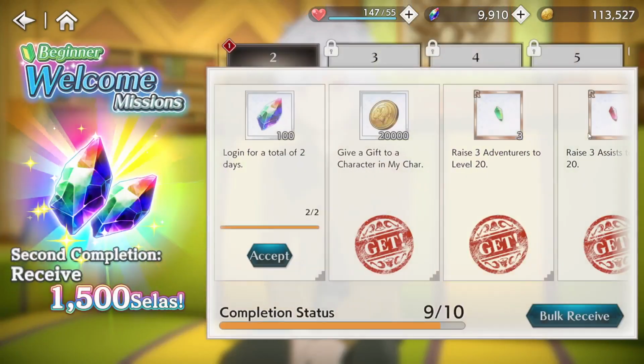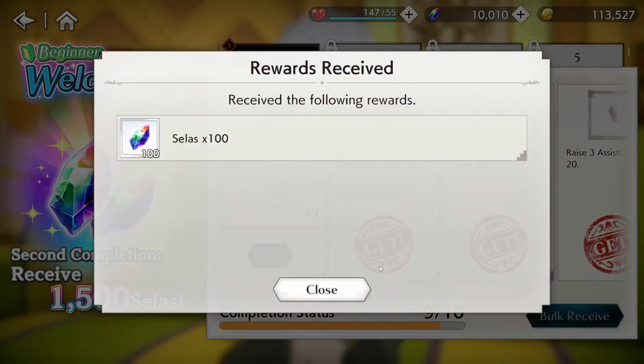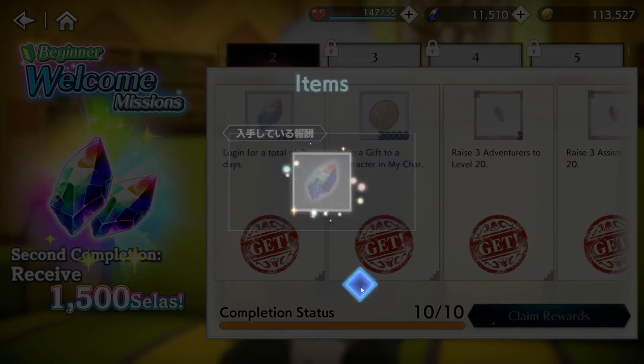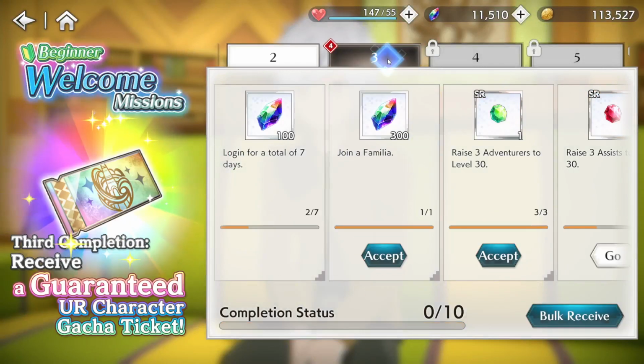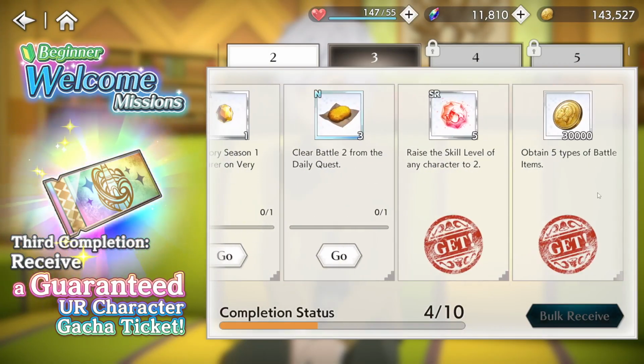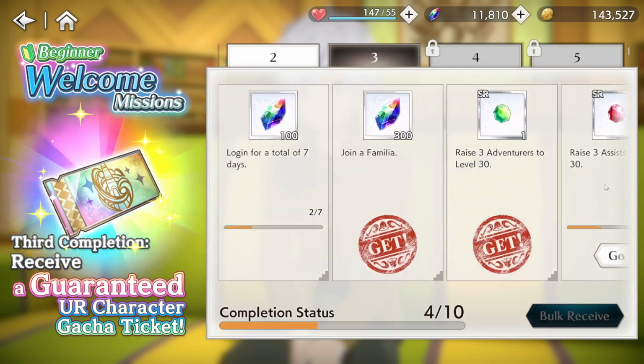Oh, obviously you've got these beginner missions that are really nice. Oh yeah, let's get this. That's the final one for stage 2 I had to complete. So that's another 1,500 Celis for me. And then, okay, you get a guaranteed UR character gotcha ticket. Okay. This is actually really good. So, I'm either going to get a new character again at the end of this one, or...